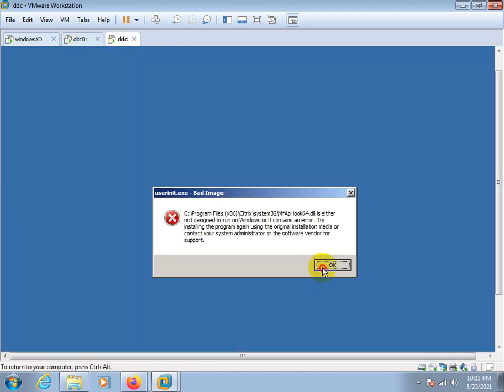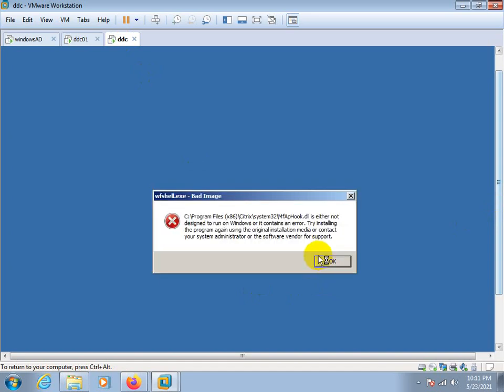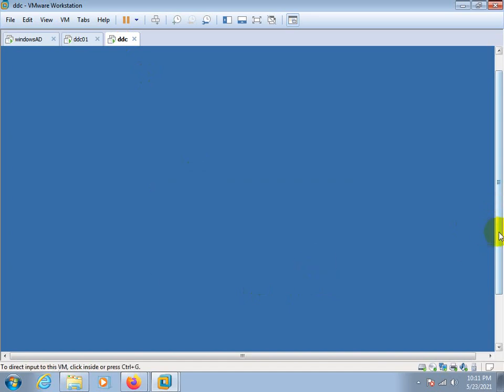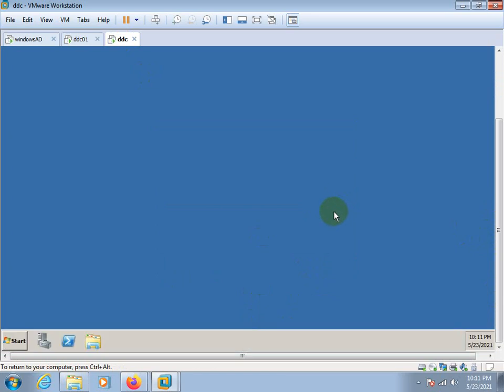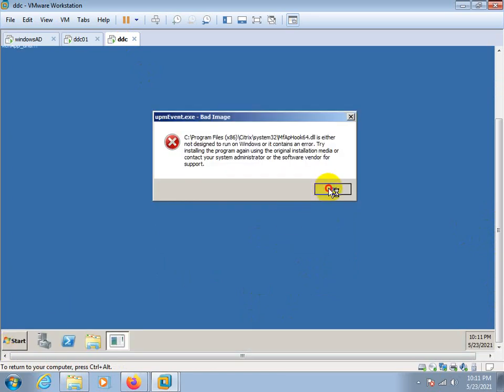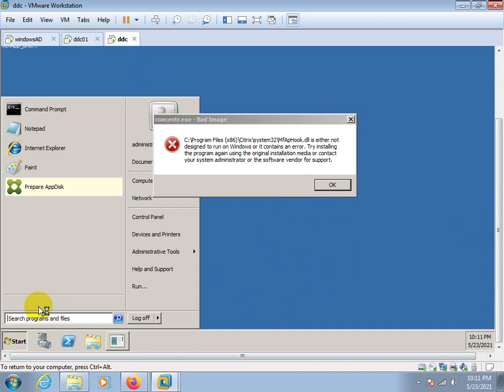It's one service in the server. You can go to services.msc and check whether the broker service is running or not. Open services.msc.